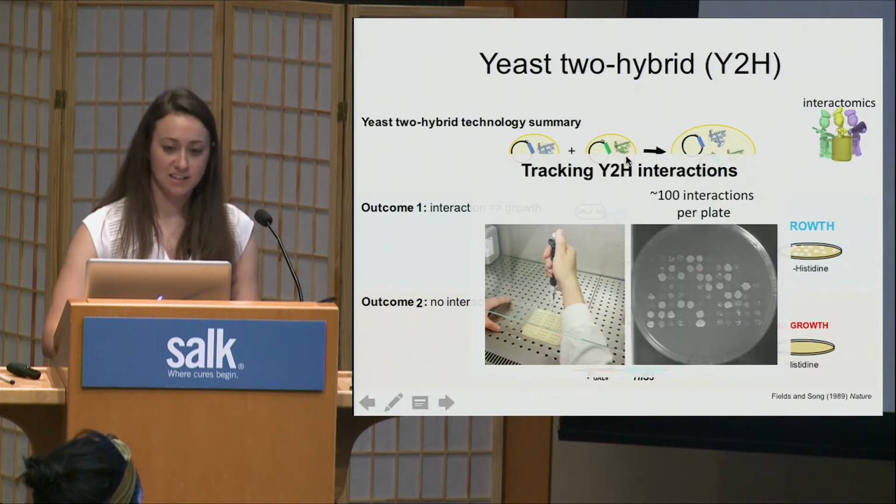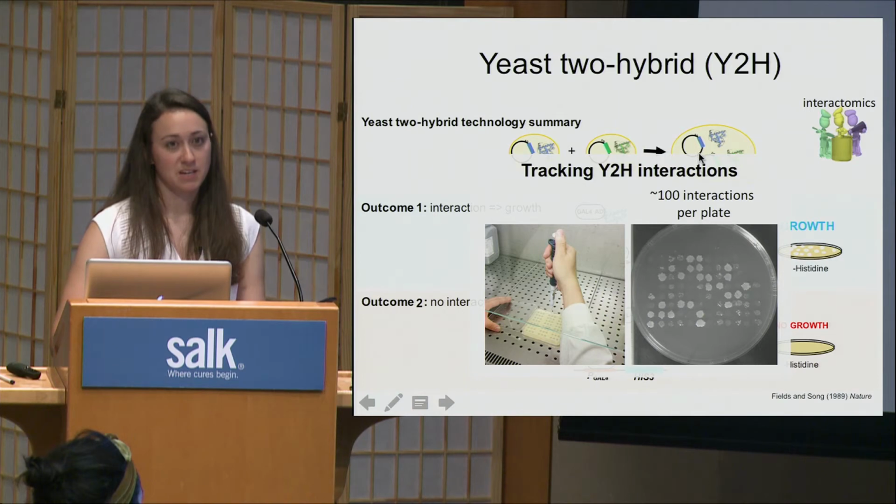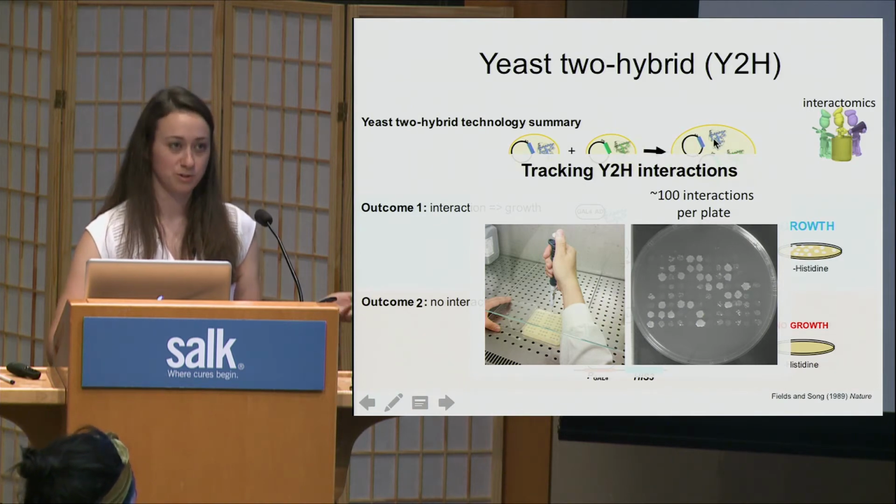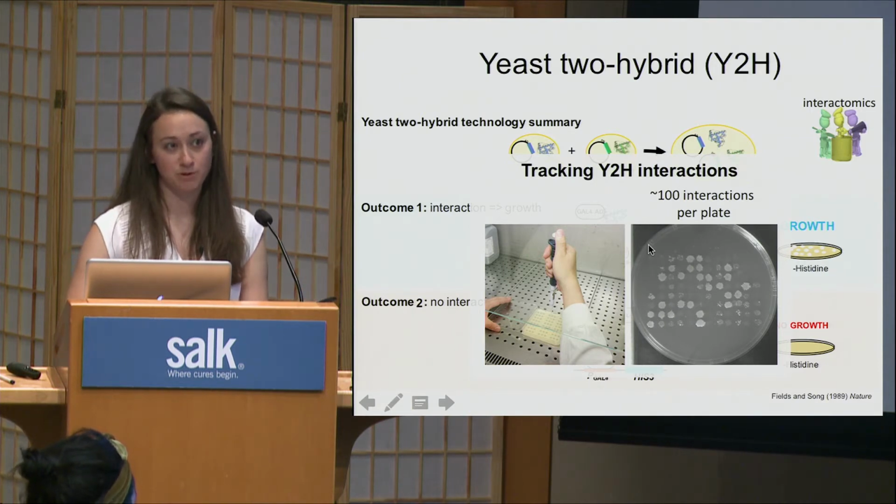Okay. So one thing about this system is that if you can imagine you want to test many combinations, not just blue and green, but all different combinations, in order to keep track of which proteins are interacting, you have to spot each yeast cell with two proteins in it on separate places on a plate like this, and that way you can tell who interacted with who. And then you would visually judge which cells had interacting proteins in them based on their growth on the plate.